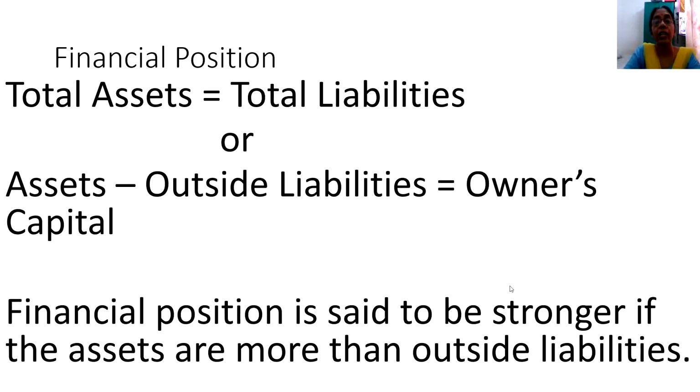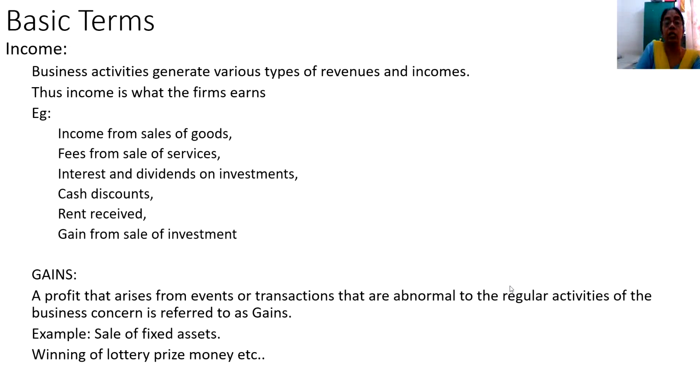And they depict the financial health or financial position of a business unit at a given point of time. So usually we understand that if the assets are more by their quantity or by their quality, if the assets have an upper hand in the business over the outside liabilities, meaning borrowed funds, we say that the business unit is having a sound financial record. So assets must be more than the borrowed funds. Then we call it a healthier financial position of the business unit.